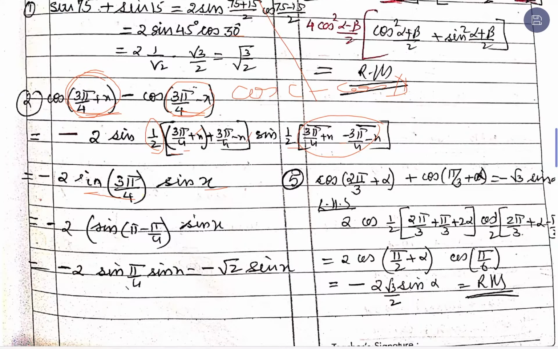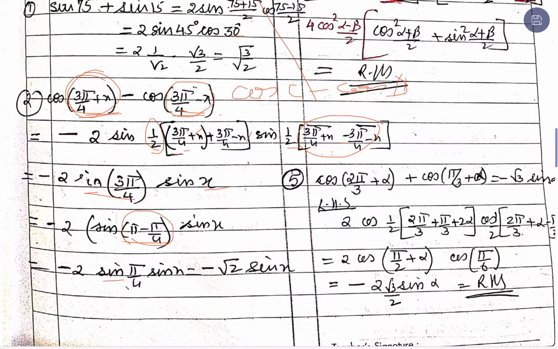Now in this expression we find that we can get the value of sine 3 pi on 4, because this angle is known to us. We have already derived the ratio for this angle, and for that we rewrite it in terms of an acute angle. So 3 pi on 4 is pi minus pi on 4, which is sine of (pi minus theta). Pi does not change the ratio. Pi minus pi on 4 is in the second quadrant, so this remains a sine function with a positive sign.